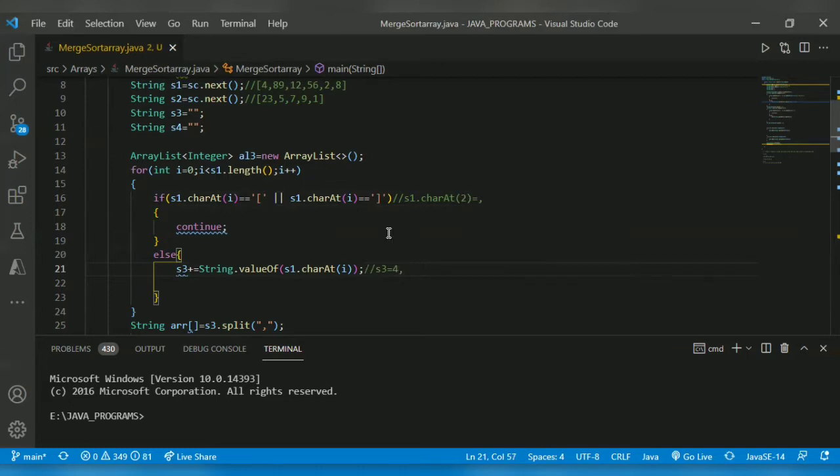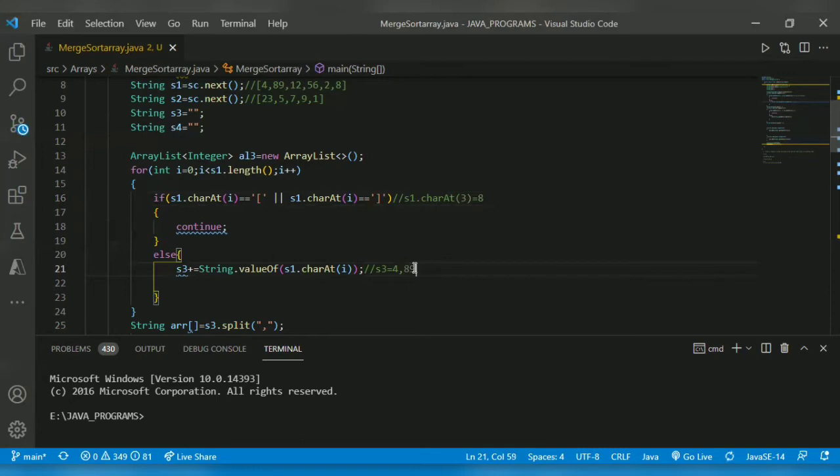Comma will get added to s3. Then s1 dot charAt of 3 equal to 8. So 8 will get added.